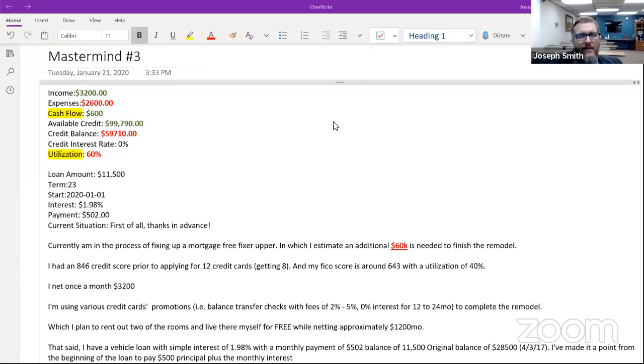I think that getting access to as much of the cash credit as we can is okay. So I guess I have to look at what are the priorities. I mean, everybody's got priorities. If we really attack this loan, 11,500 is the balance. We could probably have that paid off in about 18 months with a $600 cash flow.